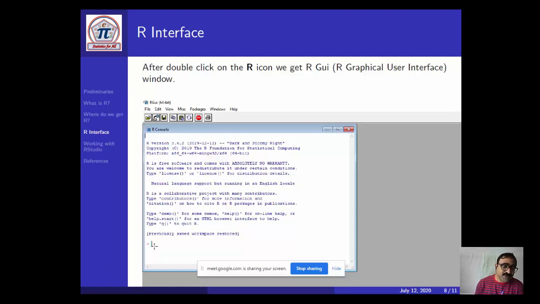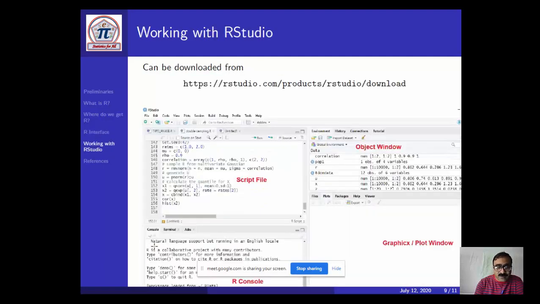But since most of you are from a non-statistics background, I should avoid working with this R console. A better option to interact with R is RStudio. You can download RStudio from rstudio.com.